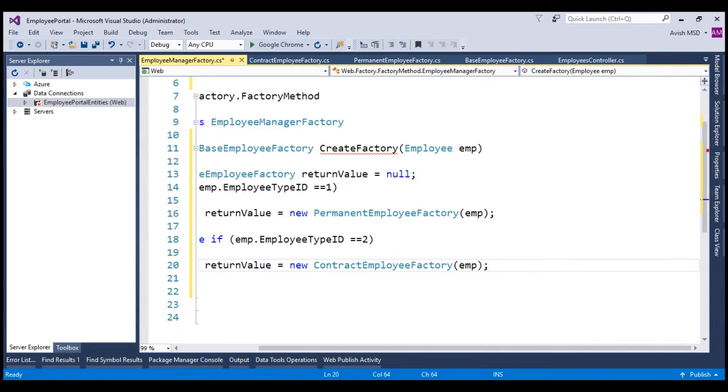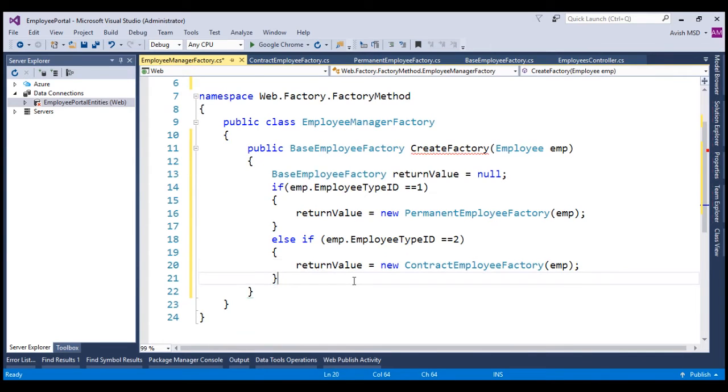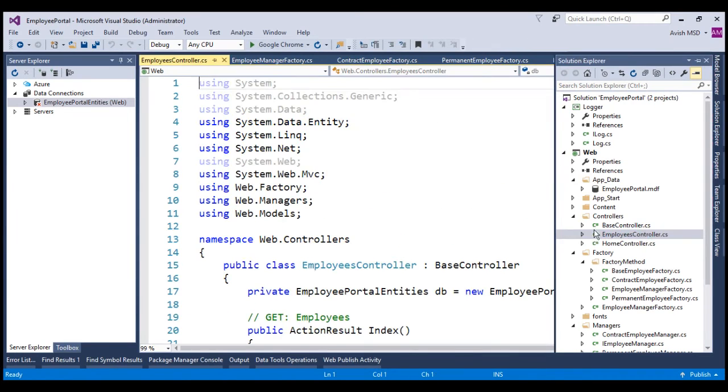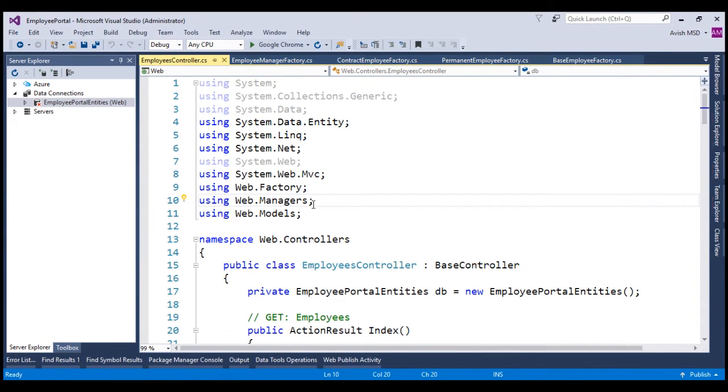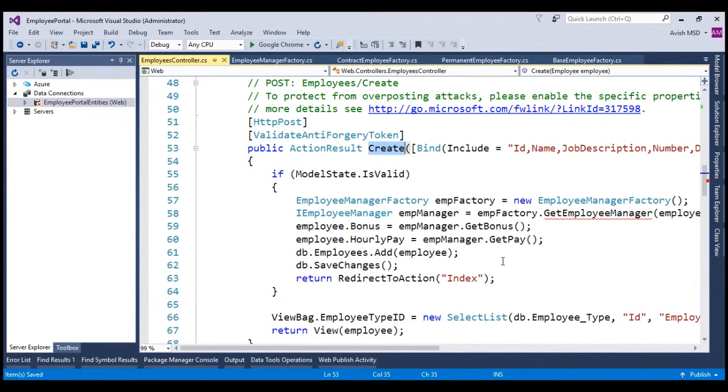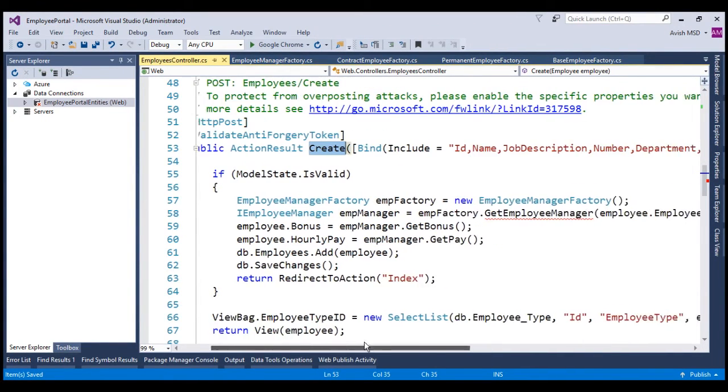Now let's just assign and return this return value. Let's now integrate the changes in the employees controller. Let's open the employees controller and let's replace this simple factory with factory method implementation. Let's use web.factory.factory method and let's move to the create and instead of